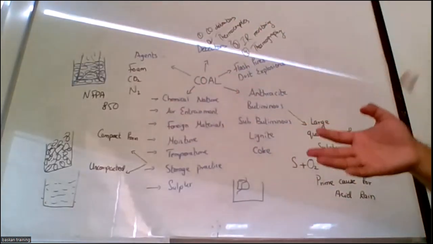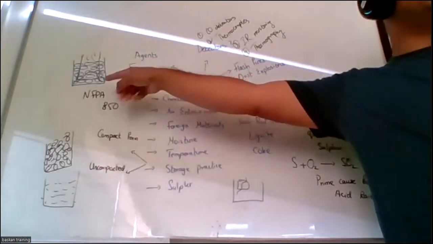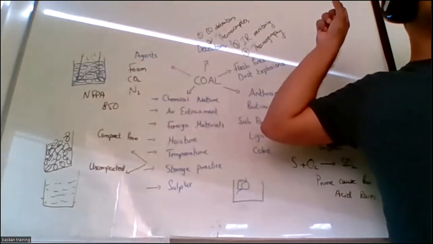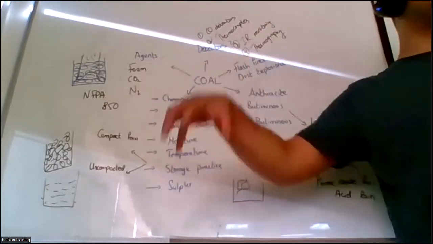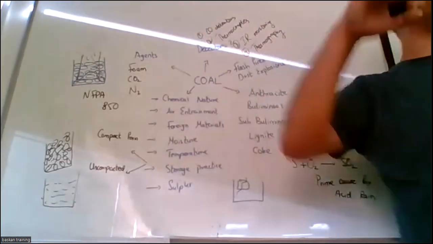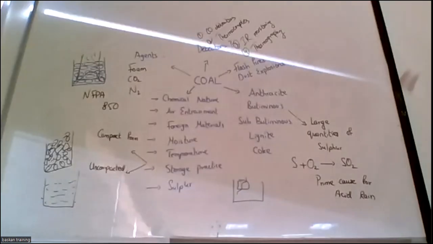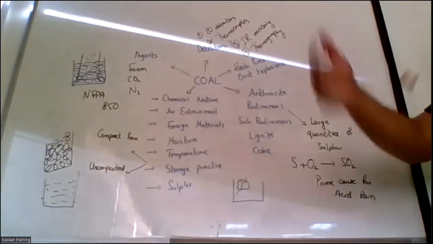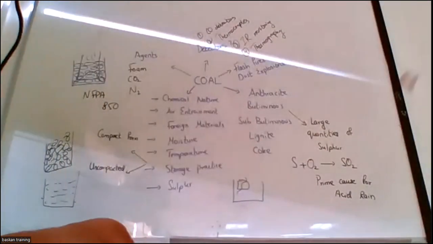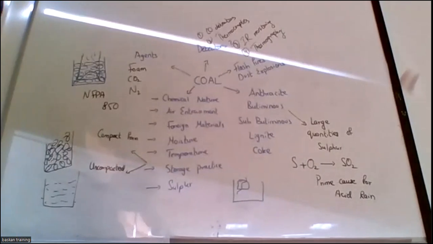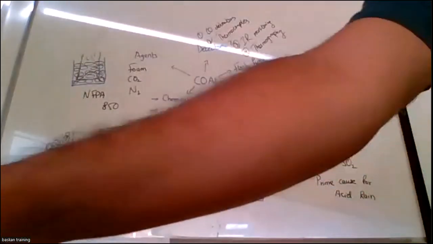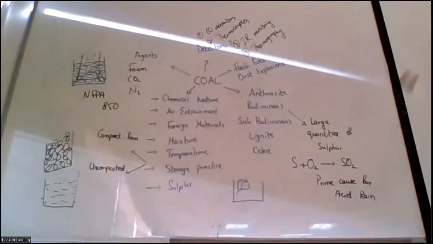That is why, whenever the coal is stored, it's stored from the top and utilized from the bottom, right? So that no type of coal is stored for an extended period of time. Okay, that's why it is stored from the top and utilized from the bottom. So this is for coal. Let's move on towards wood.